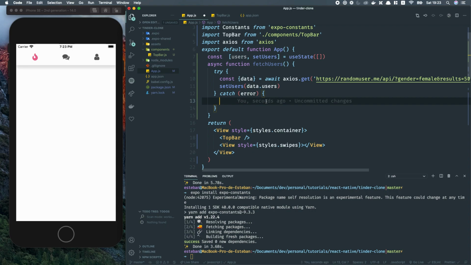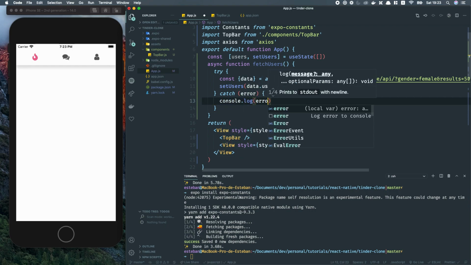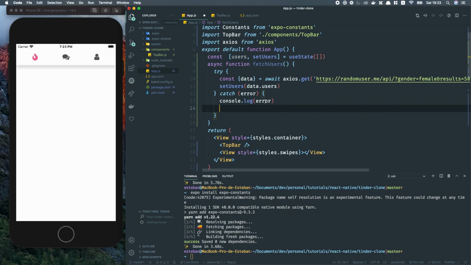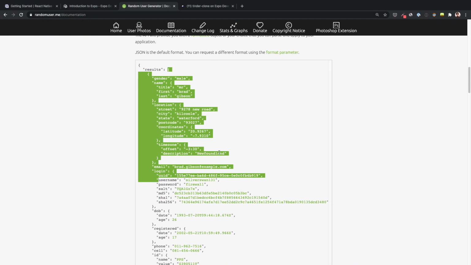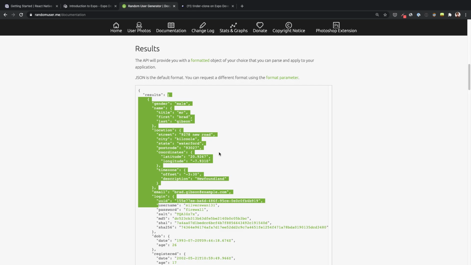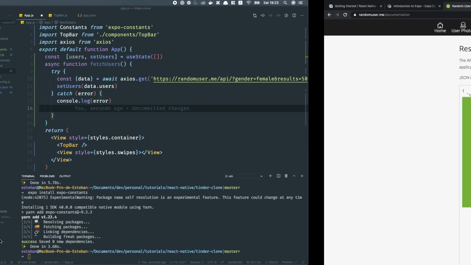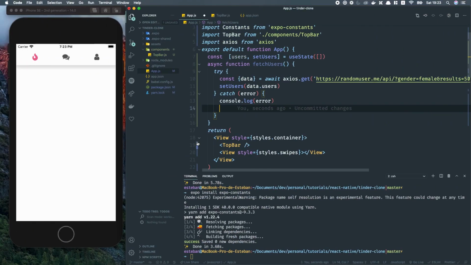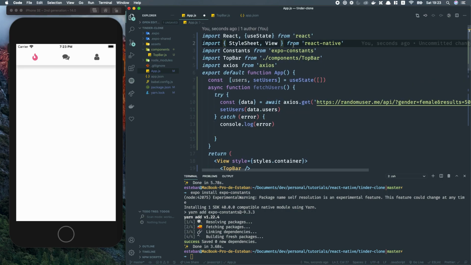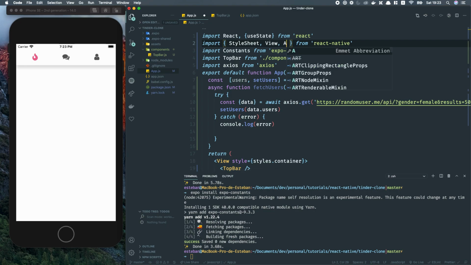If we have an error, we are going to just log that to the console. And actually, this API is not so stable. Sometimes it fails, I guess because it has a lot of requests. So we are going to handle that, because we don't want to provide a bad user experience, right? So what we are going to do is use the Alert component from React Native,